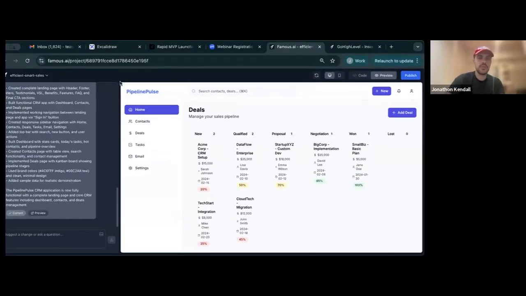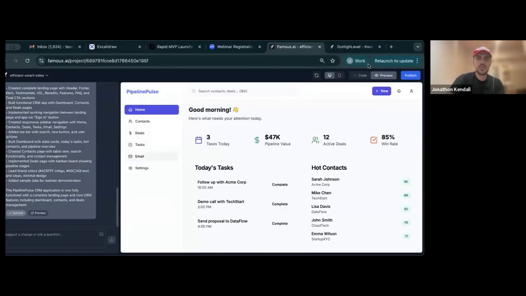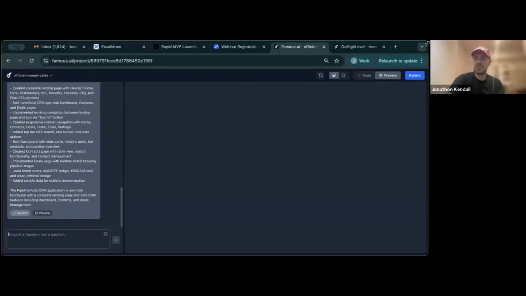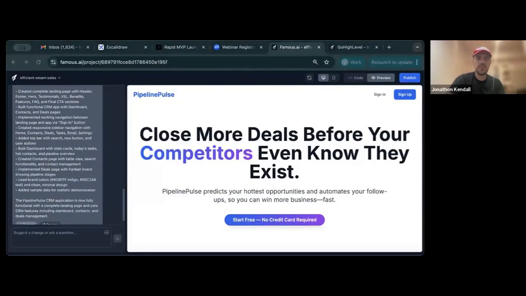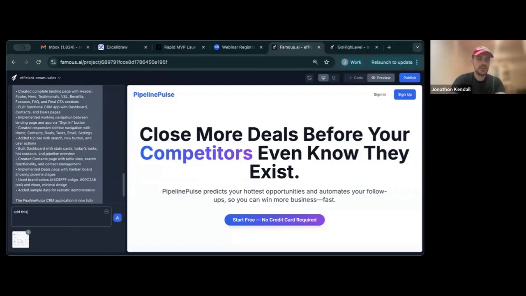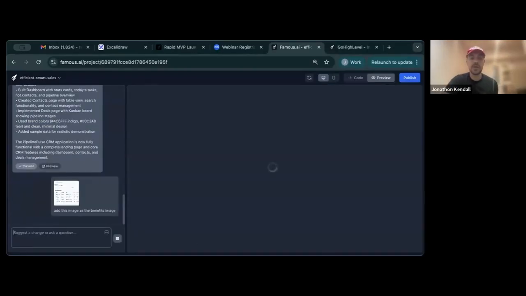I would want to do this a little bit more advanced here, but I don't have much time. So here we go. We have this. So now you'll see here, I'm going to copy and paste this image, add this image as the benefits. So I took screenshots of the back end. I'll show you guys how I use deal.ai as well to come up with images.